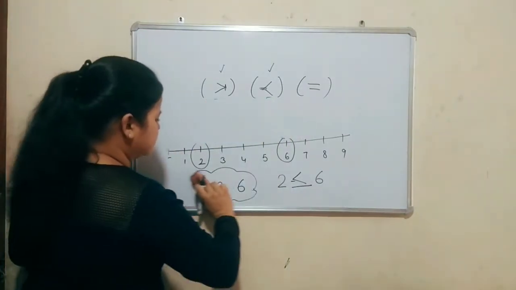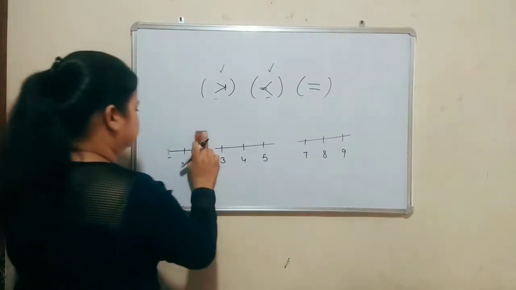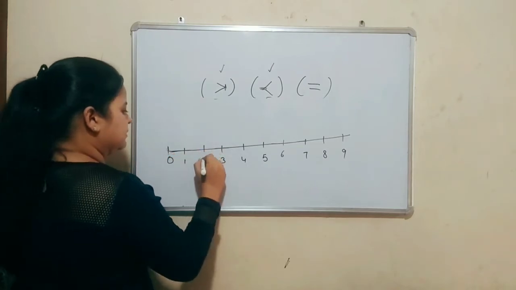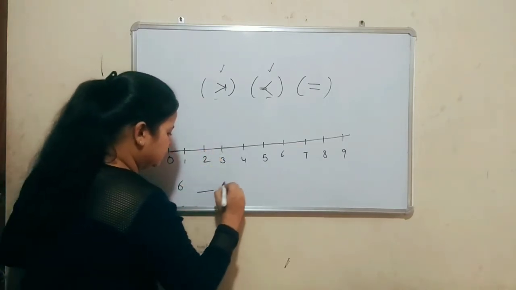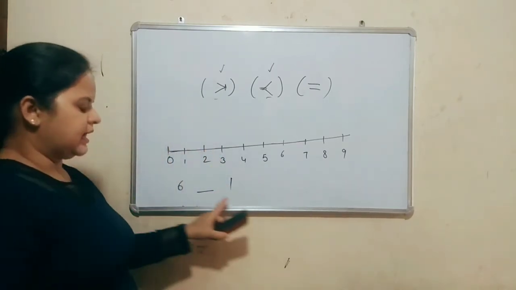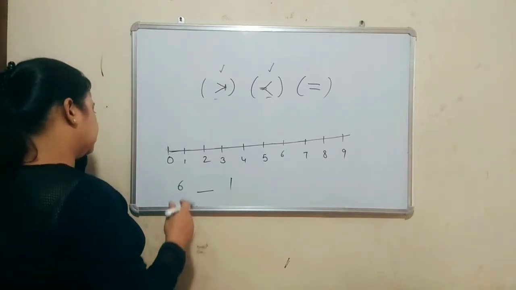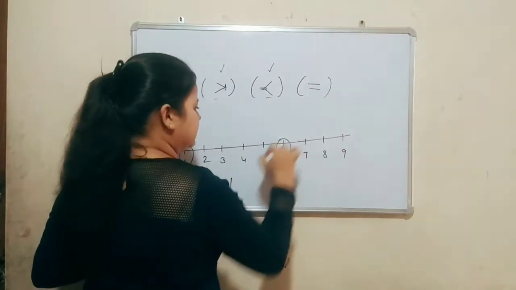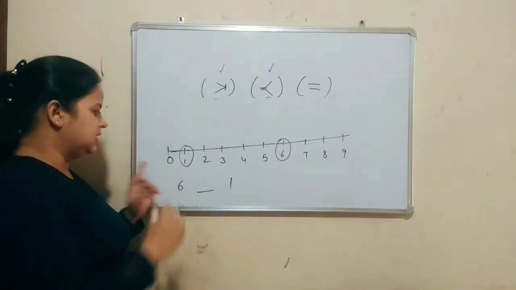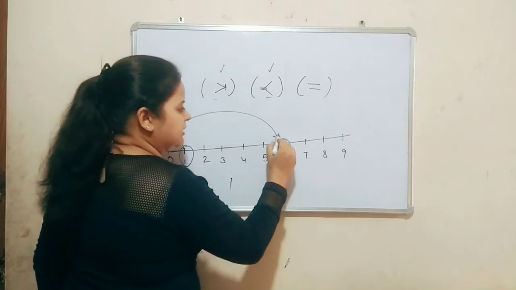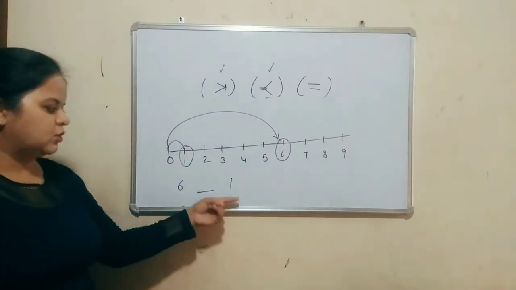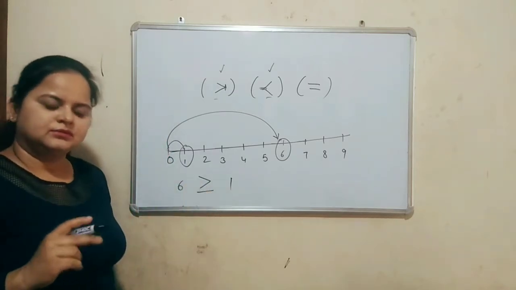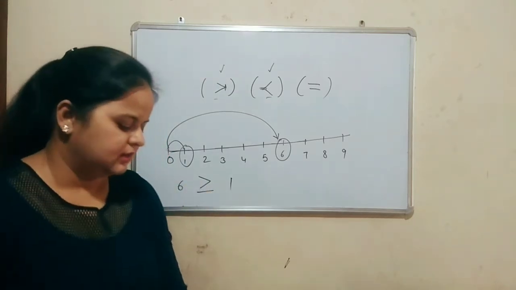We have one more example now. We have 2 digits, 6 and 1. So which digit is closer to 0? 0 and 1 and 6. So 1 is near 0 and 6 is again far from 0. So here is the smaller number. So we will make a sign like this. Okay, understand? Clear? Very good.